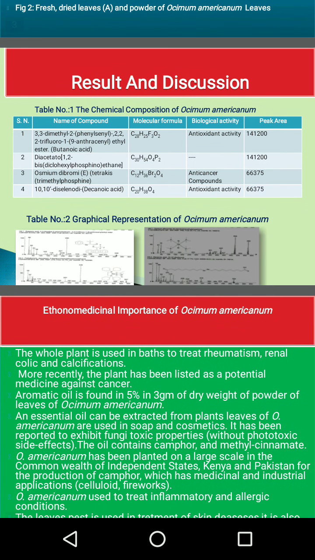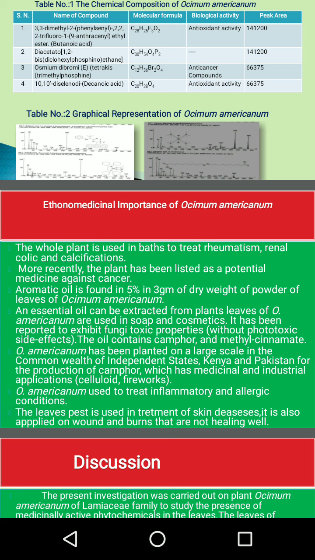The second table shows the graphical representation of the Ocimum americanum plant. Ethnomedicinal uses of Ocimum americanum: the aromatic oil is found at 5% in 3 grams of dry leaf powder of Ocimum americanum. Recently the plant has been listed as a potential medicine against cancer. It is one of the important ethnomedicinal uses of this plant. The whole plant is used in the bath to treat rheumatism, renal colic and calcifications. Ocimum americanum has been planted on a large scale in the Commonwealth, that is the independent states, Kenya